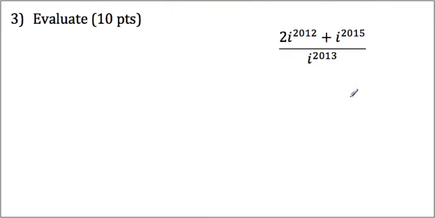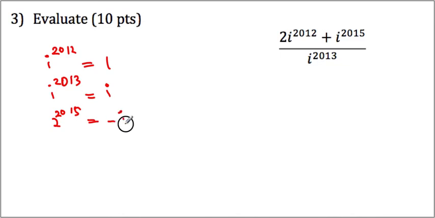All right, number 3 was the other question here. How are we going to do this? Let's try to identify what each i to a certain power might have been. So i to the 2012, since 2012 is 0 mod 4, or you will get 0 when you divide by 4, this will be equal to 1. That makes 2013 as i, and 2015